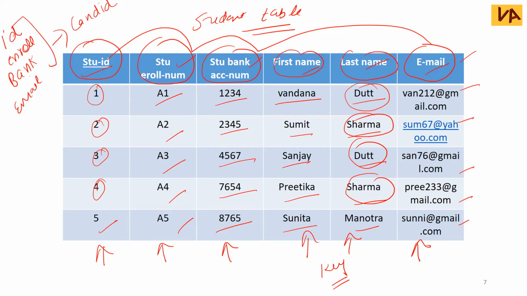You will make any primary key from these 4 attributes. You can take any single attribute. You can take ID on itself, you can take only enrollment number or only bank account number or only email ID to identify or to make any table unique, to identify a record from the table. So this is all about the candidate keys. Candidate keys are those attributes, or the collection of those attributes, which can individually also identify the tuple or record from a relation or table.